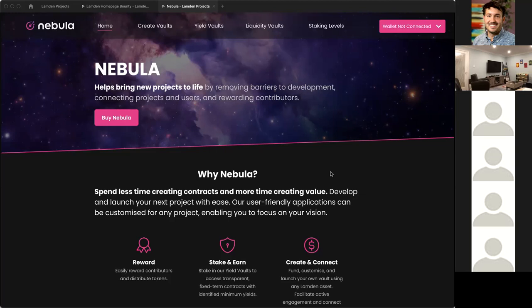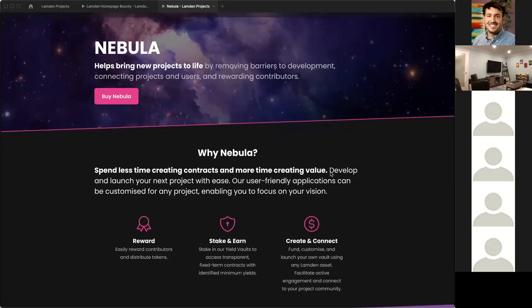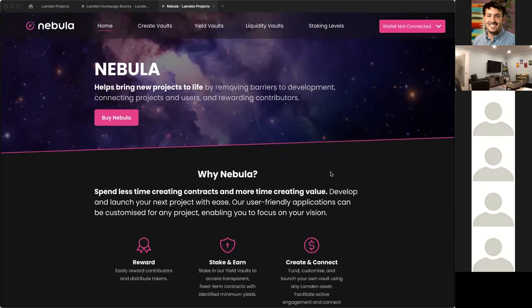And as a team, we'll keep building out our first version of the site, which is all the vaults and liquidity locks, and then keep going on to some more apps in the coming months. We have a bit of a big roadmap to get through, and we're going to do it one app at a time. So the main idea behind Nebula is